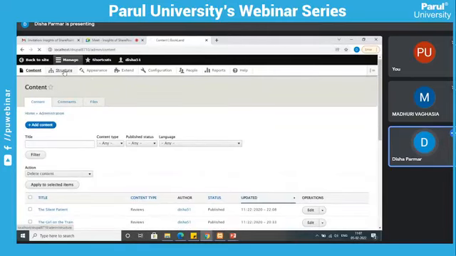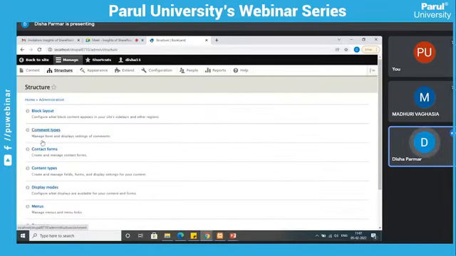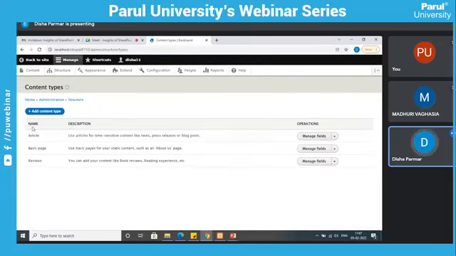In structure there is an option of content types. From here you can add a type of your content, which is content type. And here you can see the basic content types, article and basic page, which are the default content types. And this one is the reviews content type, which I have made custom as per my